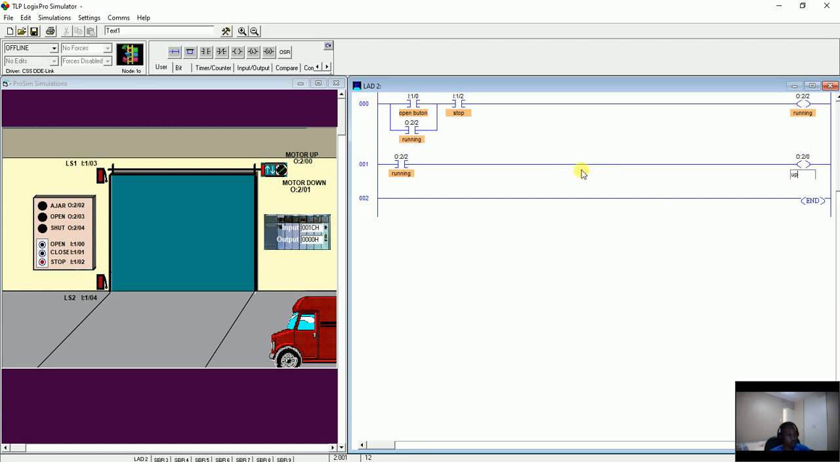Okay, let's just call it up. So as soon as I press open, this adjust light will show that it is a movement, and then we are now running, and then we start rolling up. So now